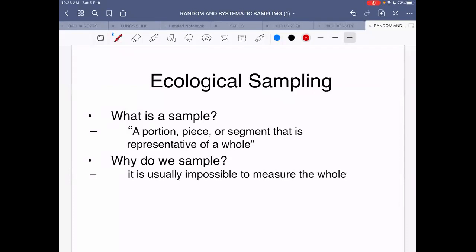ठीक है. तो अगर आपके exam में आपसे पूछते हैं कि what's a sample or what's an ecological sample, so it's a piece of an area which you want to sample. यानी उसको आपको जाके study करना है from the point of view of finding out the biodiversity, the species diversity and the genetic diversity. आपको देखना है कि वो कितना biodiverse है. वो कराची की तरह कम biodiverse है या does it have a very high biodiversity just like